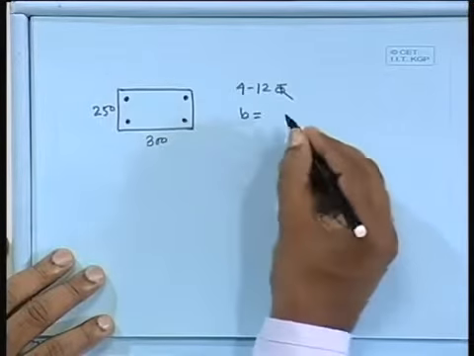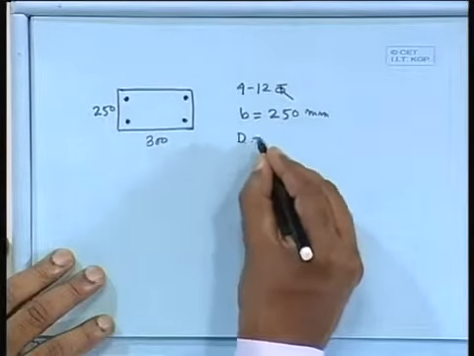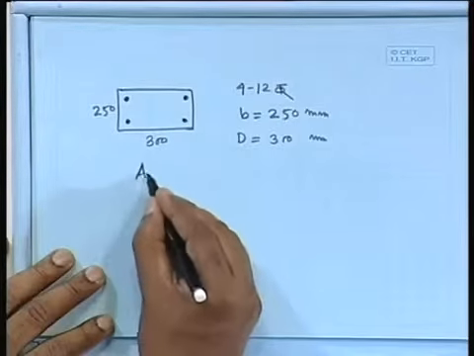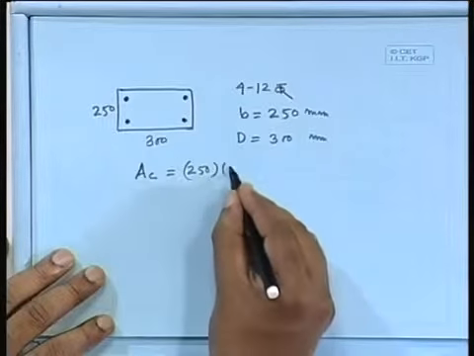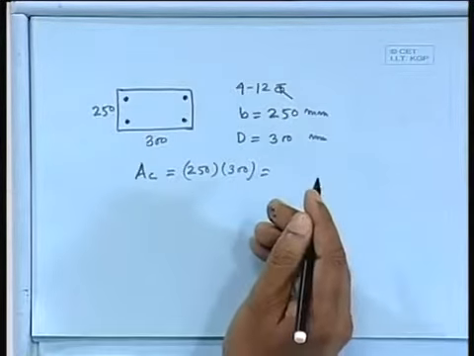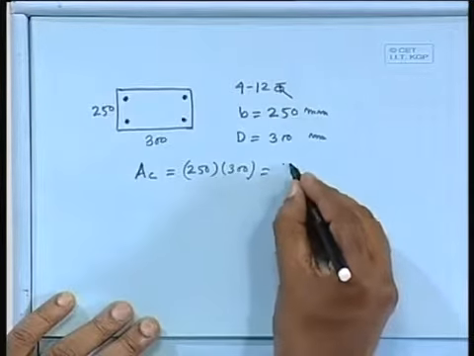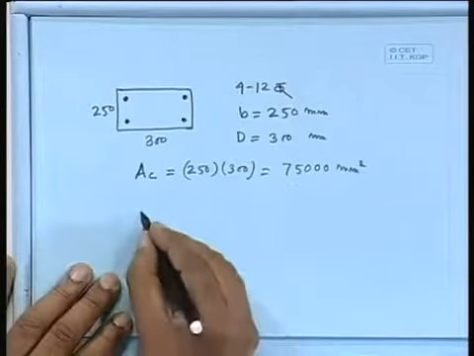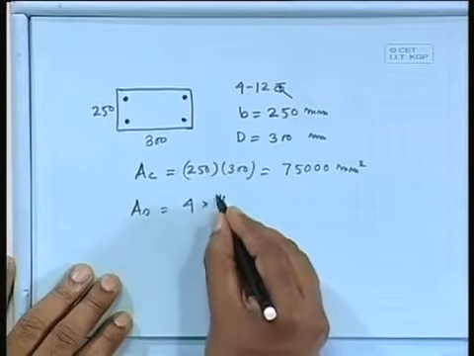B equal to 250 millimeter, D equal to 300 millimeter, Ac equal to 250 times 300, As equal to 4 times